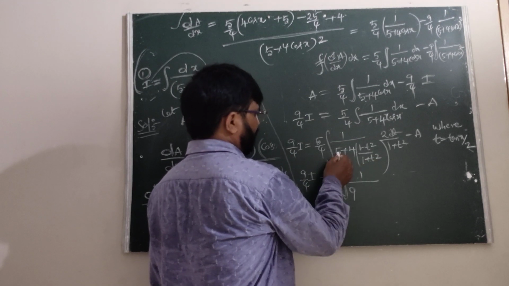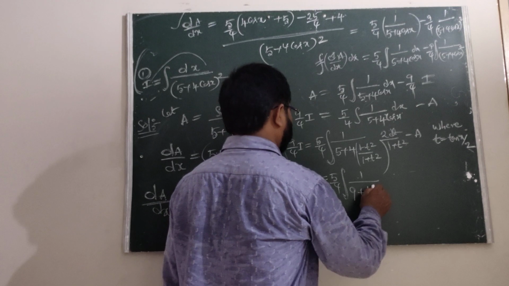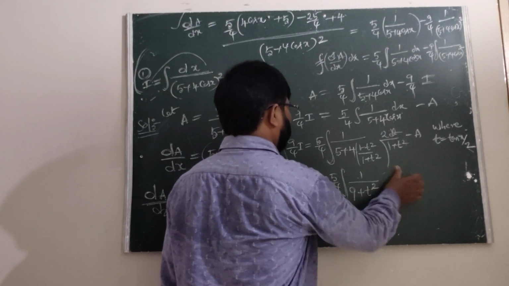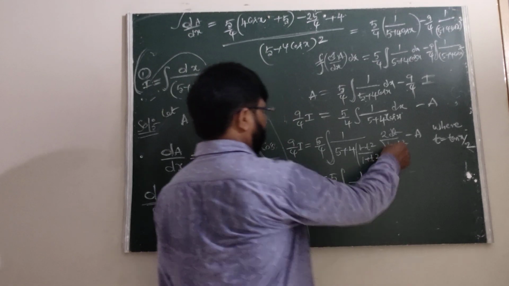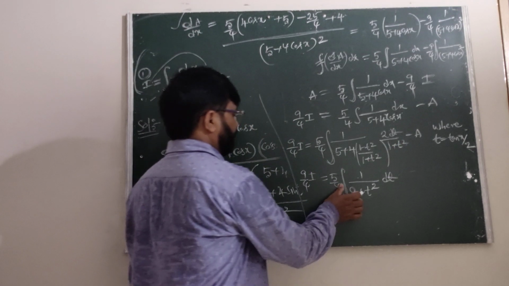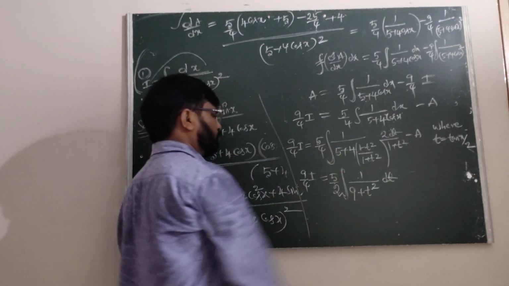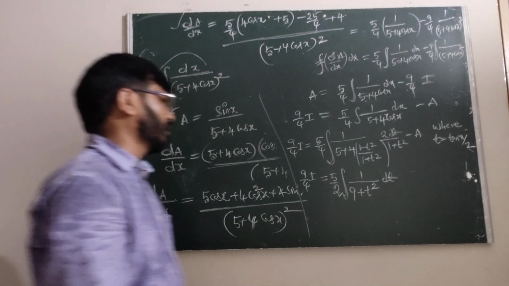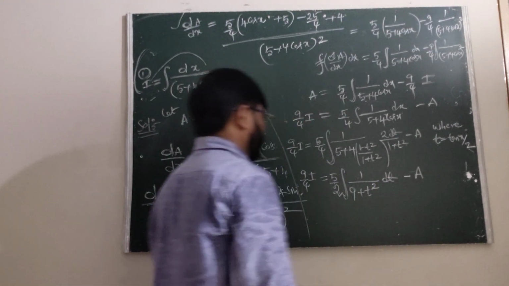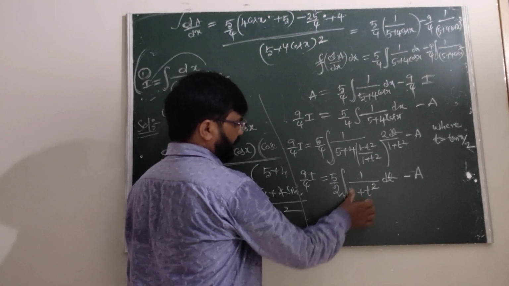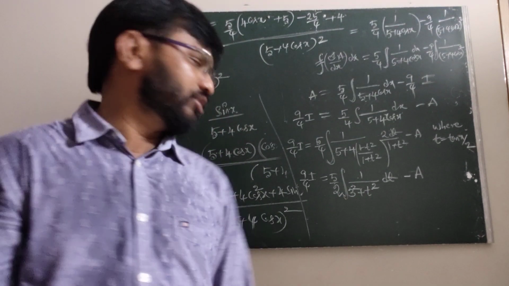Now here this is 5t square minus 4t square, which is t square, dt. This is the 2 dt. Here the LCM, these are cancelled. Now we are getting here 5 by 2, that means 2 ones are 2, 2 twos are 4. Then the remaining is minus A. After that the 9 can be written as 3 square.